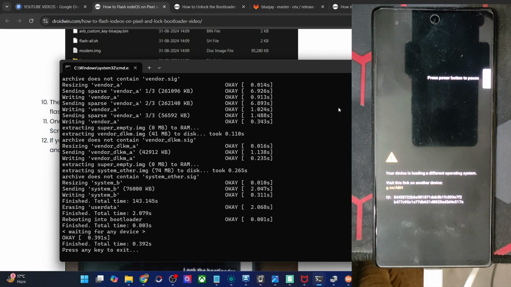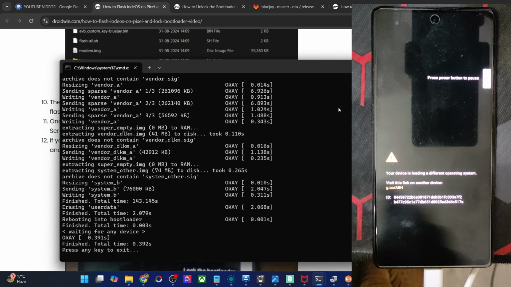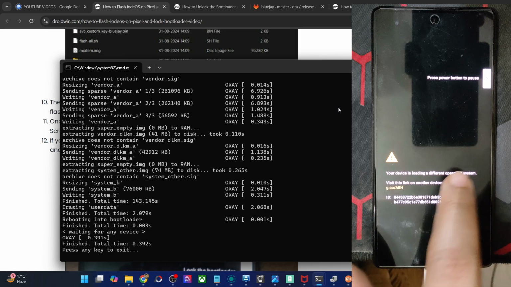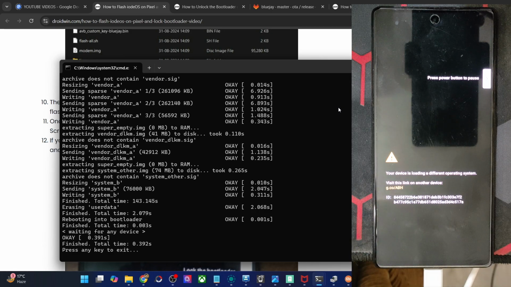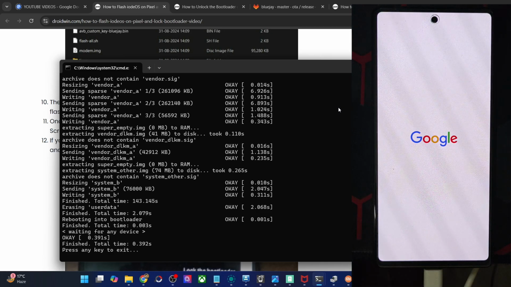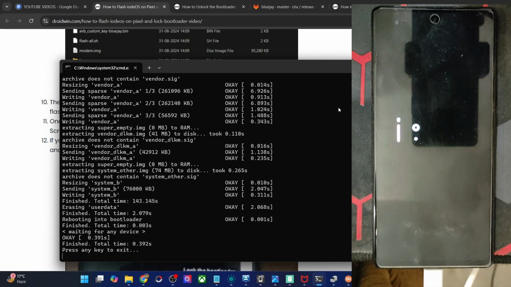Do keep in mind that the first boot will take up some time, and as you could see, we are getting a different OS and a different phone ID as well. So let's just wait for the phone to boot to the OS. This might take a little bit longer than the usual case, and we should now see the boot animation or the boot logo. This is the boot logo. So the flashing has been done successfully, and our phone is now running a custom ROM on a locked bootloader,